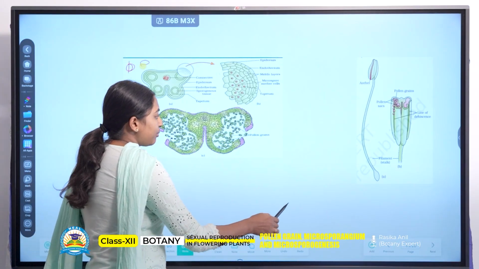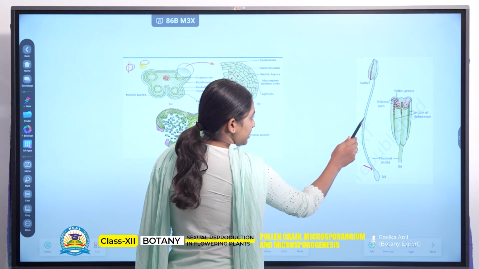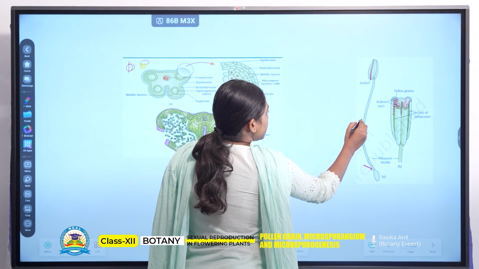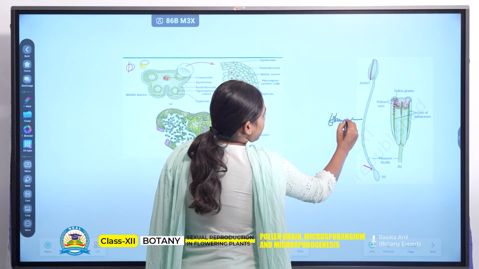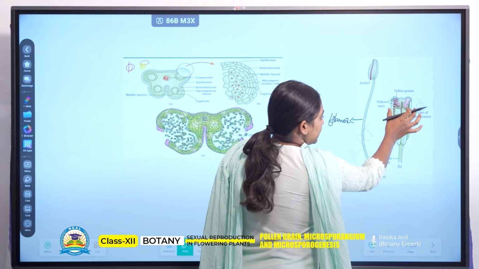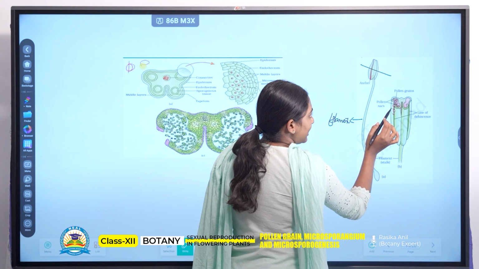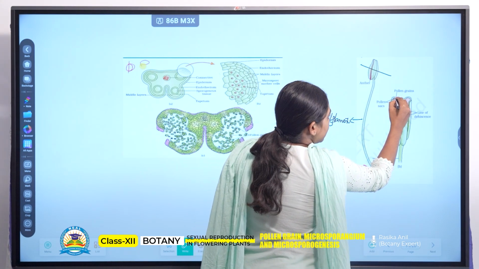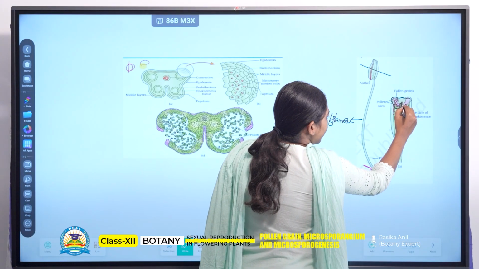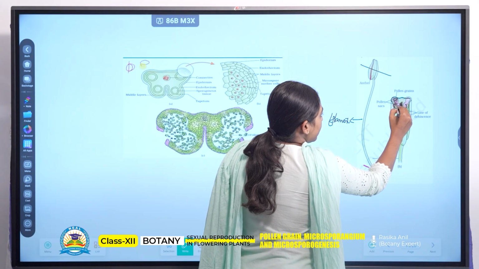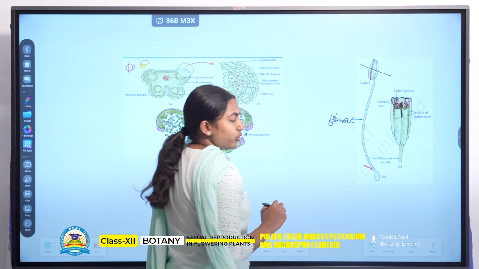So this is the diagram of the pollen, this is the diagram of the stamen. So this is your filament, right? And this is your anther. And this is the structure of, so now you're cutting the anther like this. So the cross section looks like this. See, it looks like this. And this is the longitudinal groove that we told, right? And you will have the microsporangium in all the four ends.